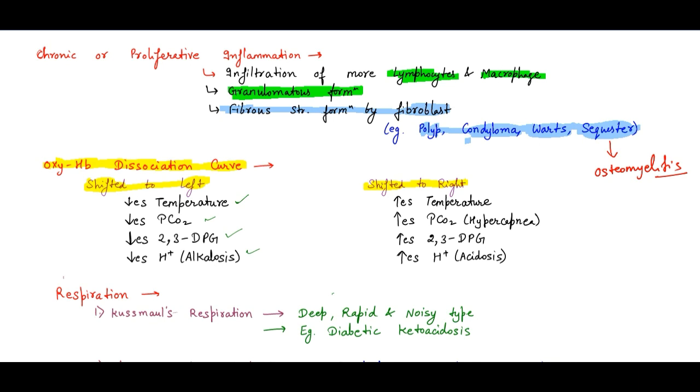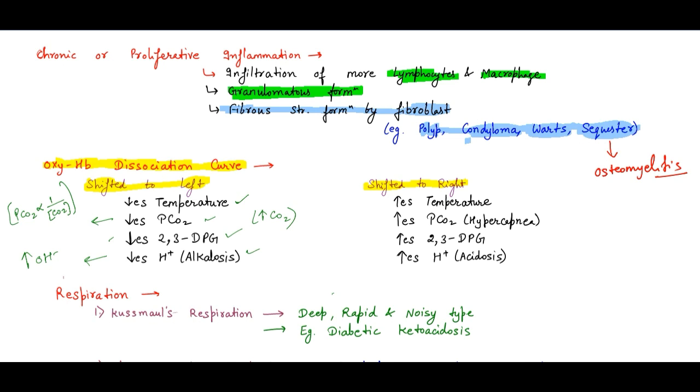If anything in the question is worded differently, can you change it like that? If I say increase H positive, can you say increase OH negative? Yes. Can you say partial pressure of carbon dioxide is proportional to the concentration of carbon dioxide? So can I write it like that, increased concentration of carbon dioxide? Okay, so remember these four things: temperature, partial pressure of carbon dioxide, 2,3 DPG, and H positive.